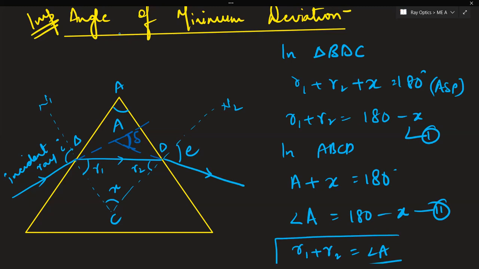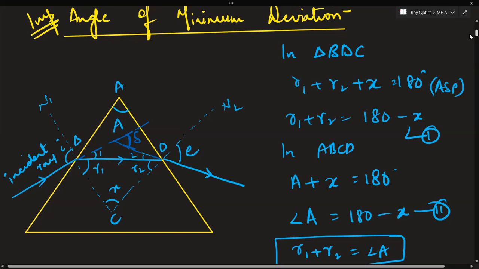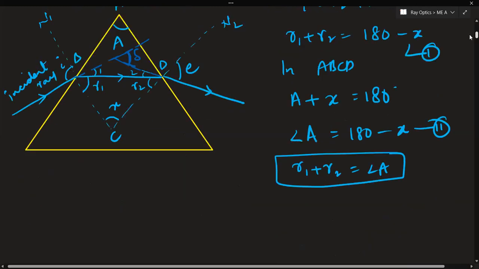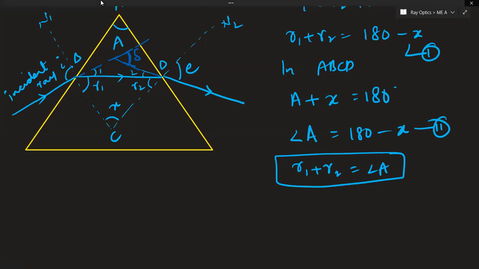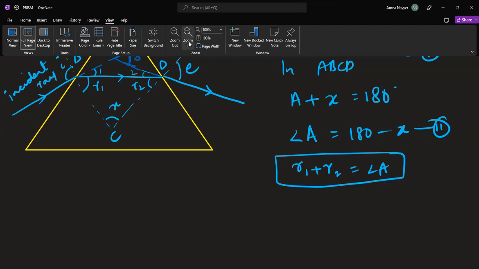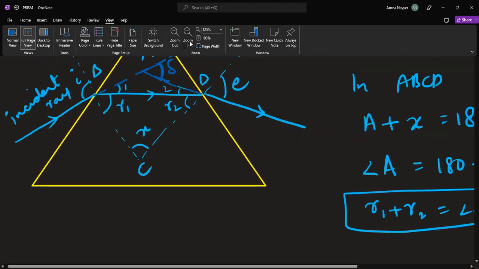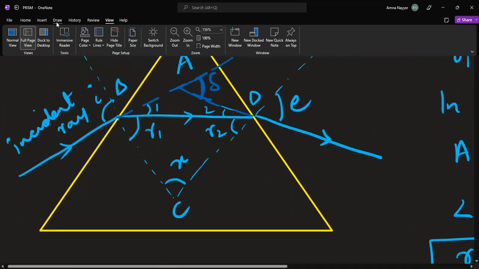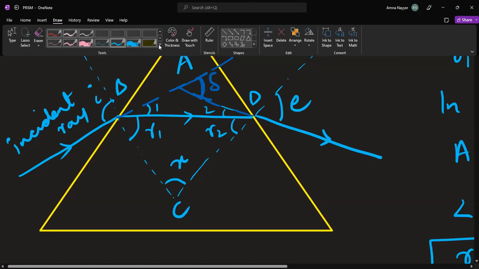This is a very important result which you have to remember. This will be used throughout. Let's say this angle is angle 1. This angle is angle 2, because we need it for the derivation. This has no physical meaning, just for the derivation. Now just look here once. Look here. In this triangle, if you see